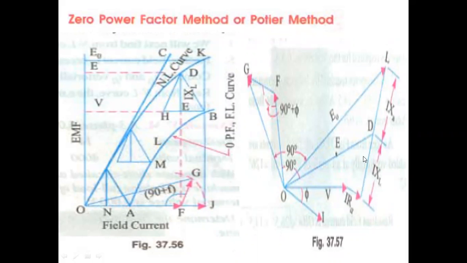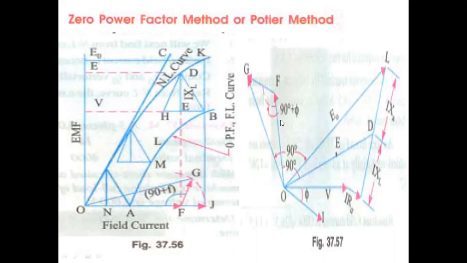Okay, after that perpendicularly IXL and IXA. Up to IXL you are getting E, the induced EMF on full load, and after adding IXL, if I add IXA, it becomes IXS. So up to IXS, it gives the no load induced EMF E naught. Okay, so after this, OD will be representing voltage E. The excitation corresponding to it is OF.